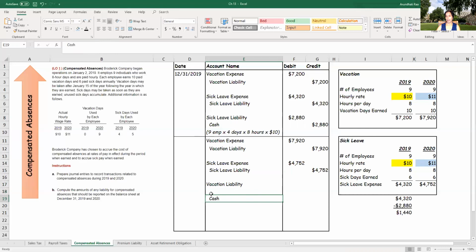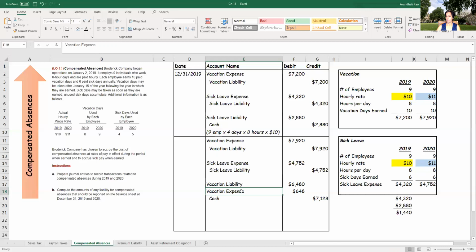They're going to be paid at the rate of $11 per hour. We have done the accrual at the rate of $10 per hour because last year, that's the information we had when we did the journal entry. We didn't know what the hourly rate was going to be in the next year when the employee took the vacation. So this number that we have over here is based on the current year's compensation, $11 per hour. But I already had a liability in my books at the rate of $10 per hour. So that extra $1 per hour, I'm not going to go back and redo last year's journal entry.